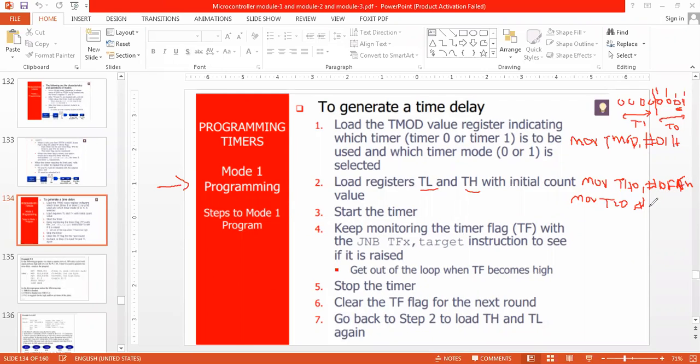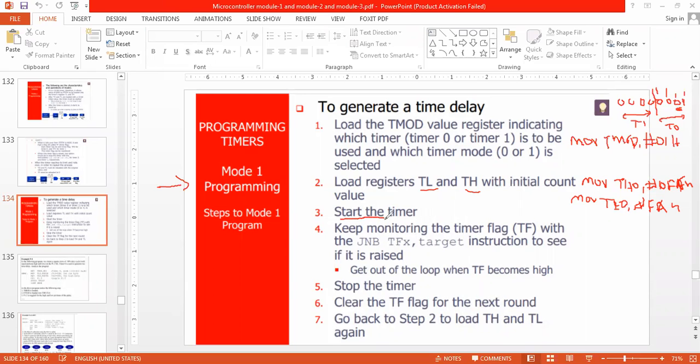This I will do hash FAH. Okay. Then there are so many programs in the next, but I'm still writing here only to understand the steps. So what I have done, I have loaded the values into TH0 and TL0.